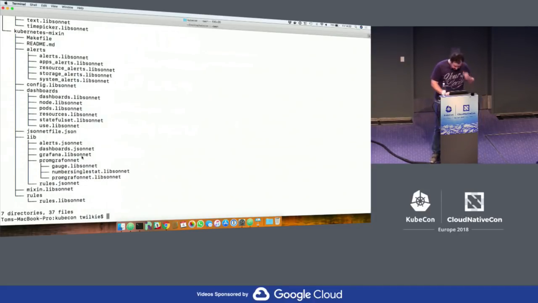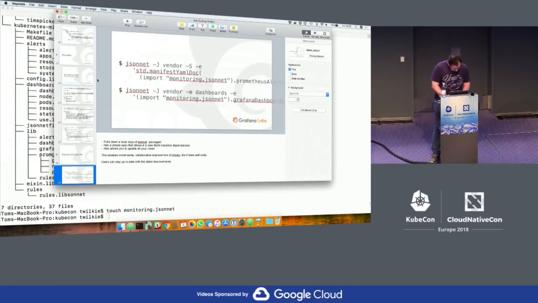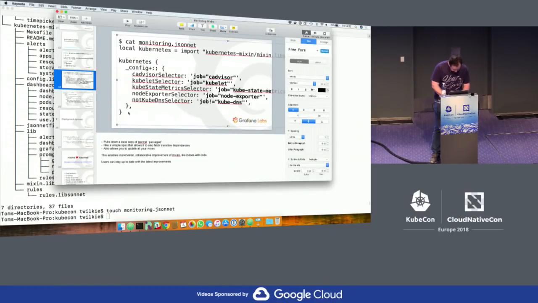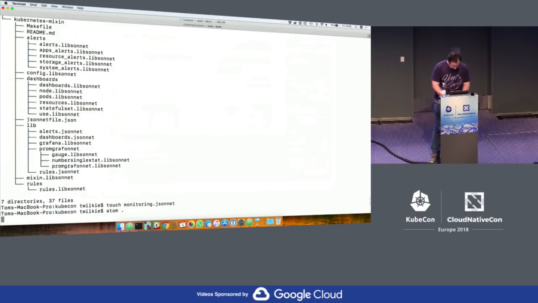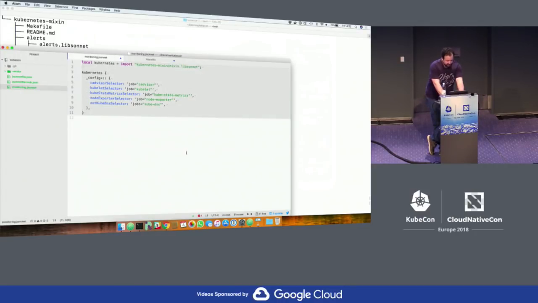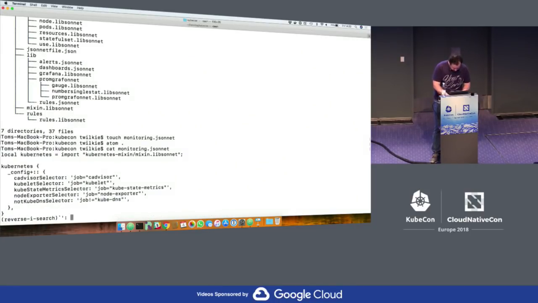And then if we touch monitoring.jsonnet, and then we go back to the slides and copy and paste what's in there. Where was it? Here. Oh, I already have it here. That's what I was supposed to do. Now, if I save that, then you can see monitoring.jsonnet has what I wanted. And if I do jsonnet,